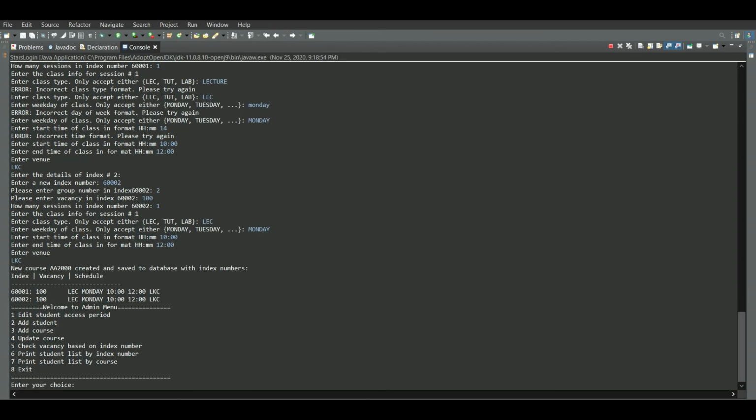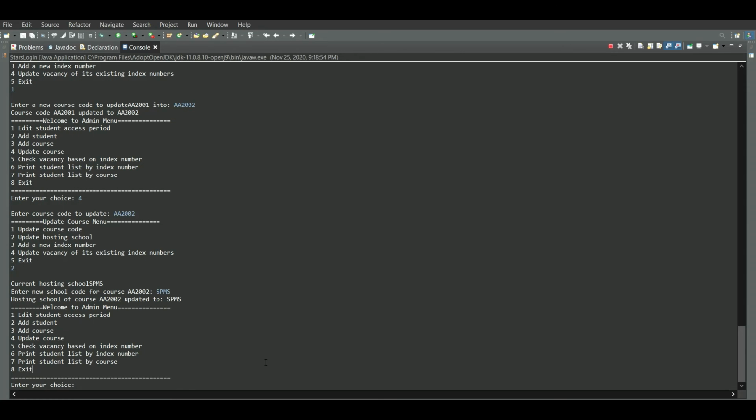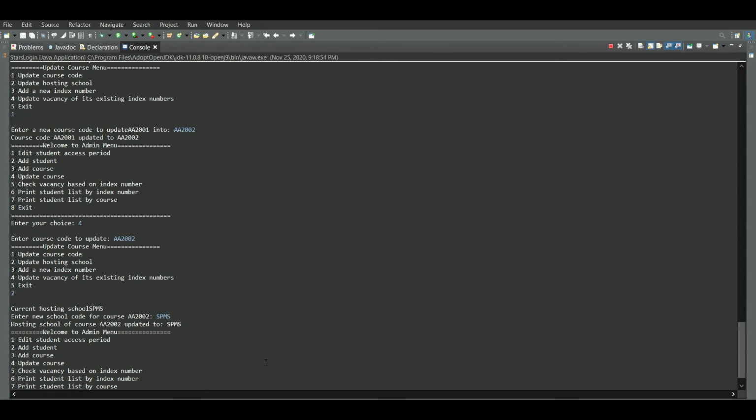Yeah, so at the end, it will print out the result that the course AA2000 has been created and saved to the database with the index numbers. There are two indexes, 6001 and 6002. So next is to update the course. We are going to update the same course,